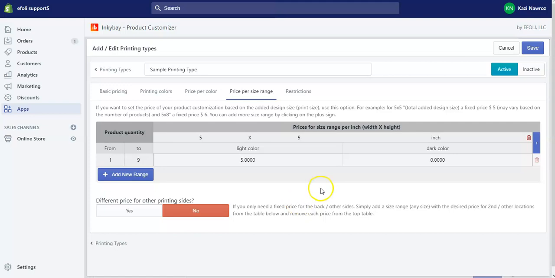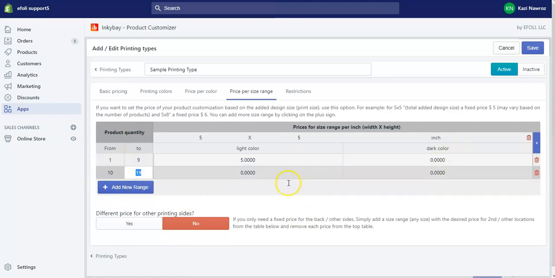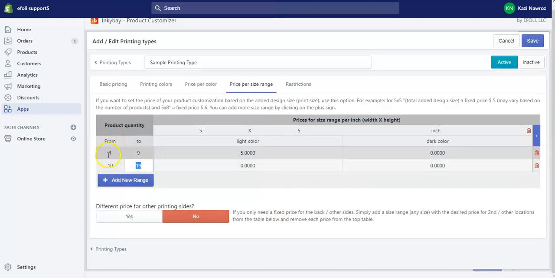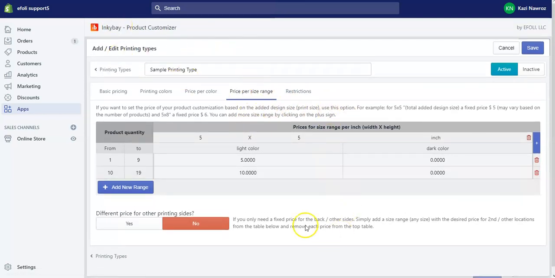And if you add a range, from 1 to 9 products you will charge them $5, and from 10 to 19 you will charge them, for example, $10. So you can charge your customers according to the size range of the printing of the graphic or the text for this specific printing type.